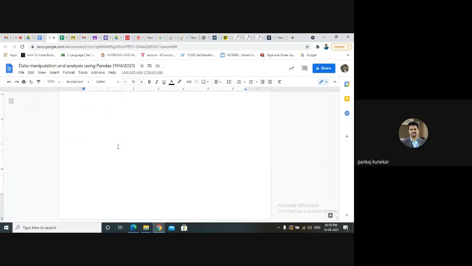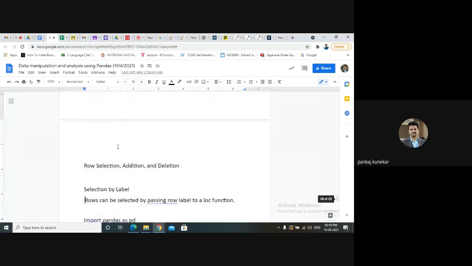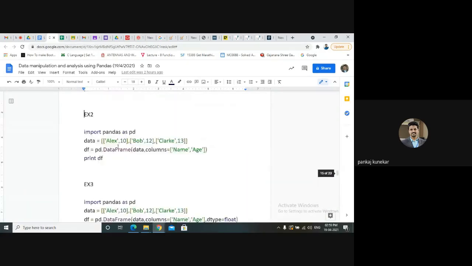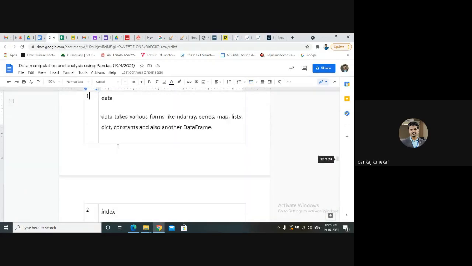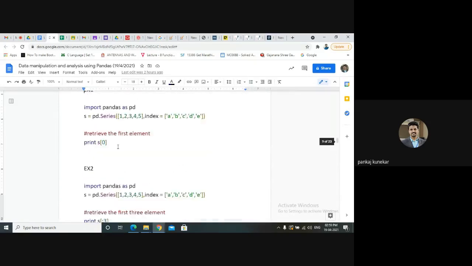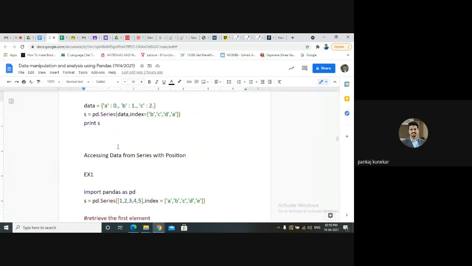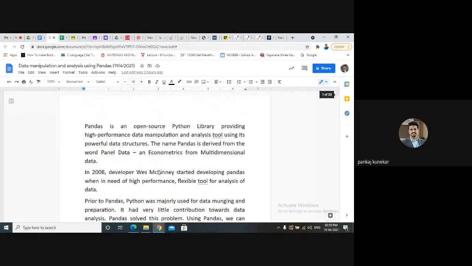So this is about data frames in pandas, whenever we have series and data frames. Okay, it's almost 3 o'clock, so we can consider examples in the practical session. We are going to see one example which will use some data set, and we can perform some analysis and operations on the data set using pandas. I will share this with you also, so that you can go through the content.